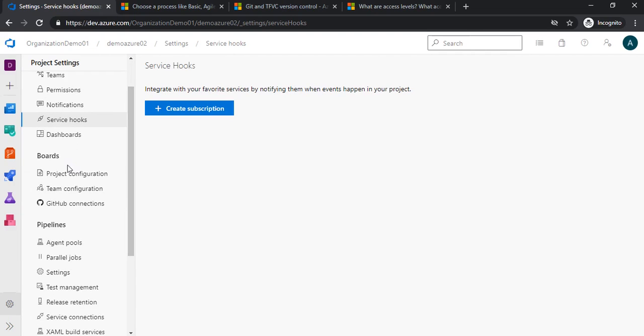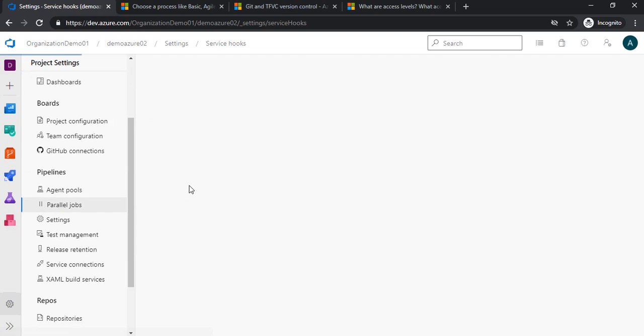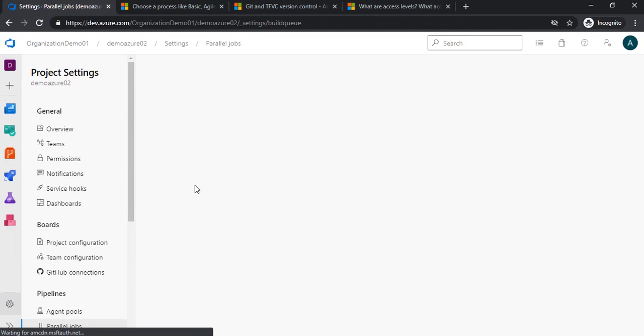Okay, project configuration, team configuration, not going by this parallel job. You can set your parallel job, that is, how many parallel jobs you want, or what parallel jobs you have in your project. Parallel job is used for your pipelines, right? So at a particular time, how many processes